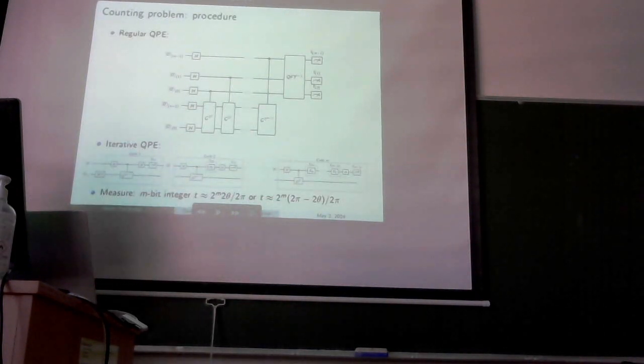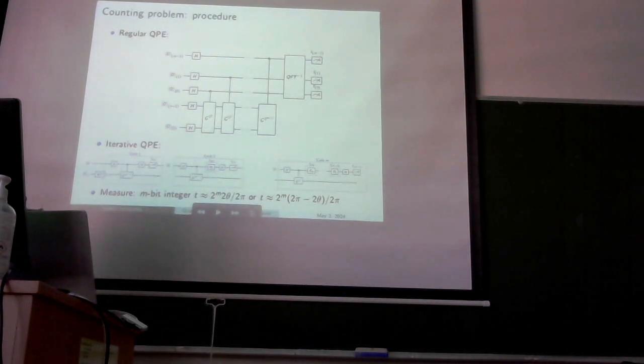As I mentioned before, this can be done with the regular quantum phase estimation, and this can also be done with the iterative quantum phase estimation, in which we split it into cycles. The result is that when we make measurements in each of the cycles, we're going to measure a number which is approximately 2 to the m times the phase divided by pi. And from here, by making a reasonable measurement with a reasonable amount of qubits, or in this case a reasonable amount of cycles, we could extract theta, and from theta extract m. This is the idea of the counting problem.